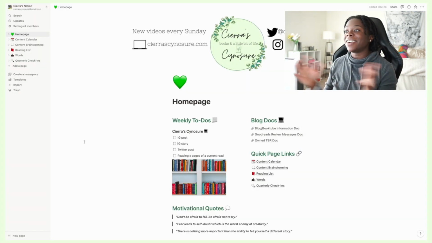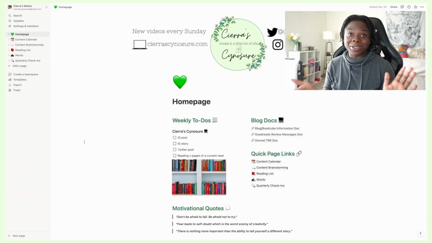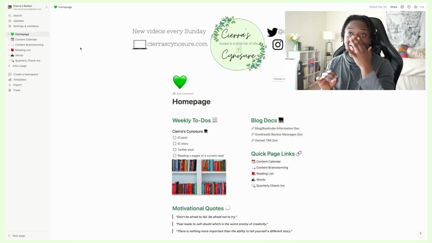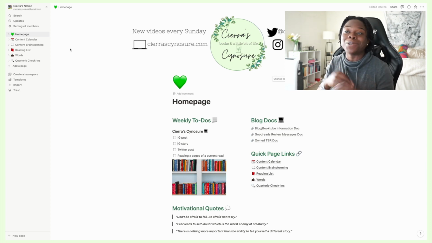Let's get into it. Okay, so what we're looking at here is obviously my Notion dashboard. This is what pops up when you open up my homepage. You can see it says Sierra's Notion up here at the top. Here's my homepage. I love Notion because everything is so customizable. So you can see I have custom emojis by every single page to indicate what the page is used for and things like that. So it's just a really cool platform.